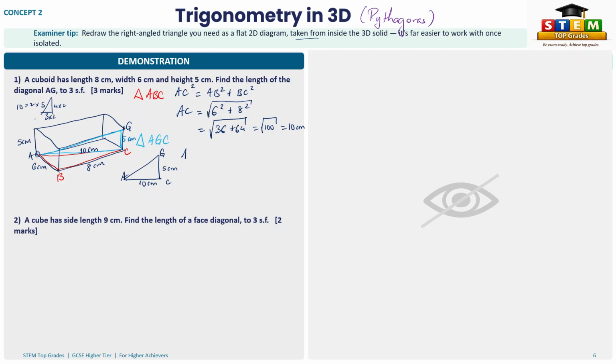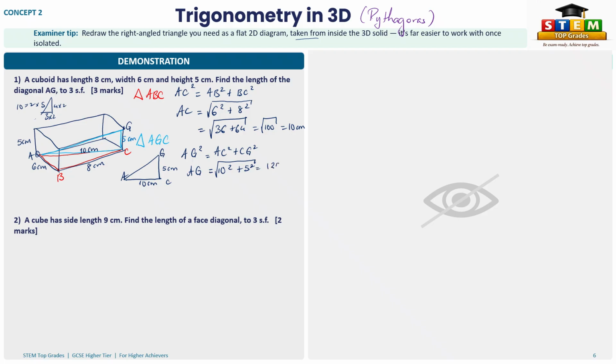In that case, we're looking for AG, and therefore using Pythagoras theorem, we're going to have to start with AG squared first. AG squared is the hypotenuse for the other side. So AC squared plus CG squared, that gives me 10 squared plus 5 squared, okay? And AG is going to be the square root of all that. So that's going to be